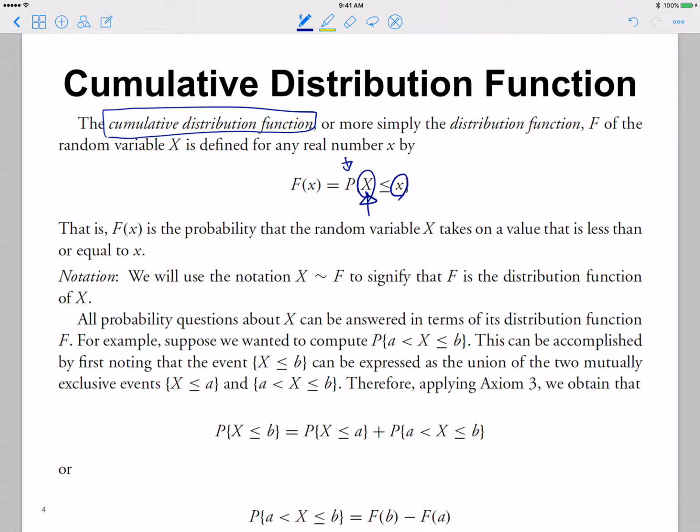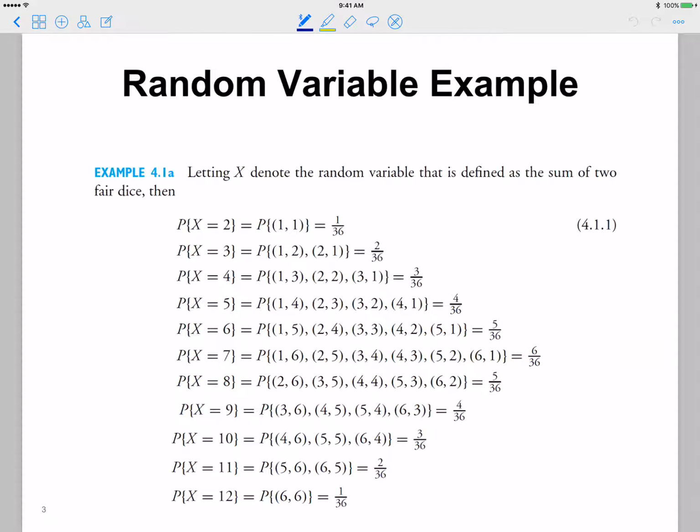Okay, and then the reason for being able to write that kind of thing, x being equal to or less than a certain value. So for example, in this dice case, what is the probability of x being equal to or less than 3? And then we have to simply sum these two values up, right? But one thing to note is,